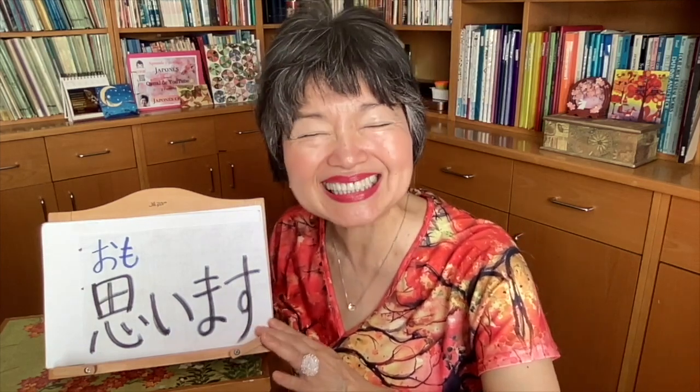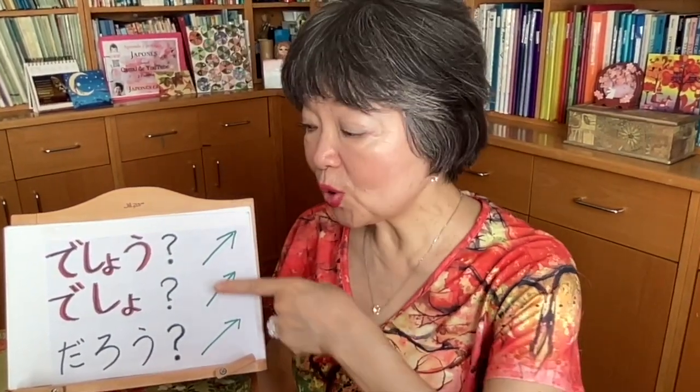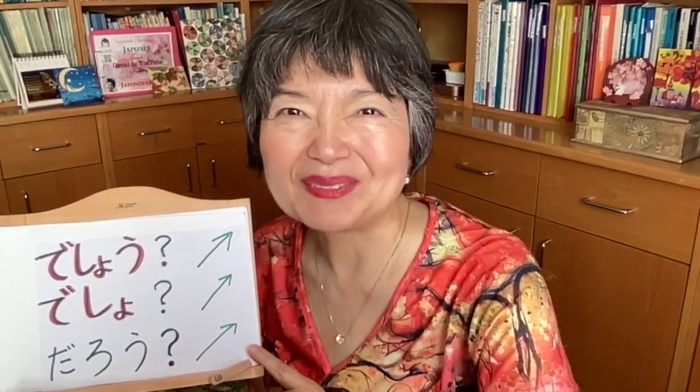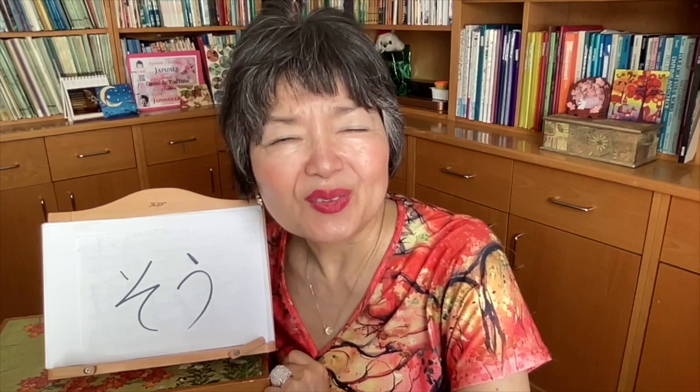So, I think so. そう思います。At first, we're gonna see the full form of this 普通形, plain form, of this verb 思います: 思う、思わない、思った、思わなかった。あなたもそう思うでしょう。あなたもそう思うでしょ。あなたもそう思うだろう。